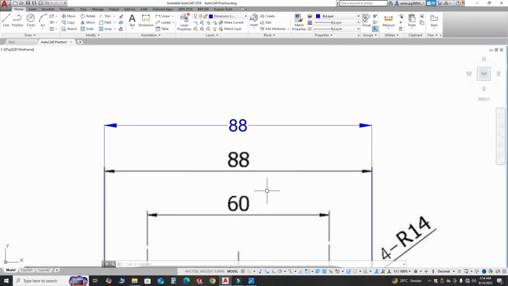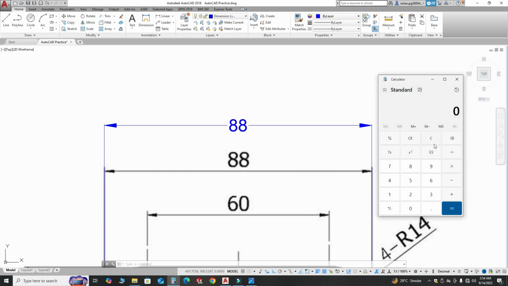Another very important thing to remember is, let's say if I am getting a value less than this 88, let's say 60 or 50, so this would be a scale up factor. So go to the calculator and let's say I am getting a value of 50. So I'll be dividing 88 by 50 and it will be a scale up factor. So it is an important thing to remember: scale up factor and scale down factor.